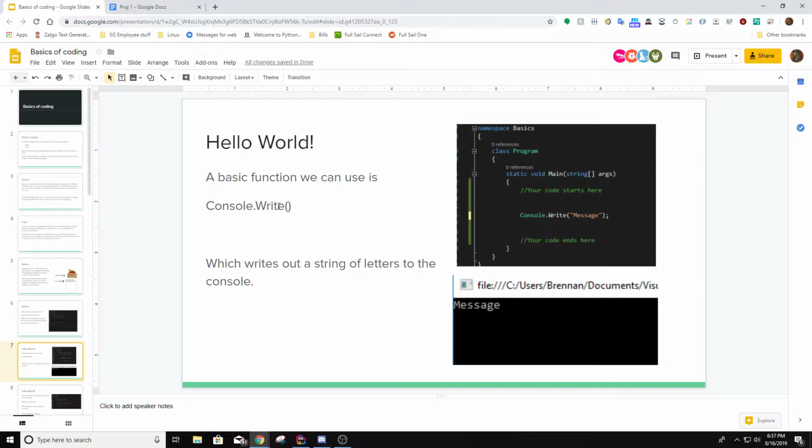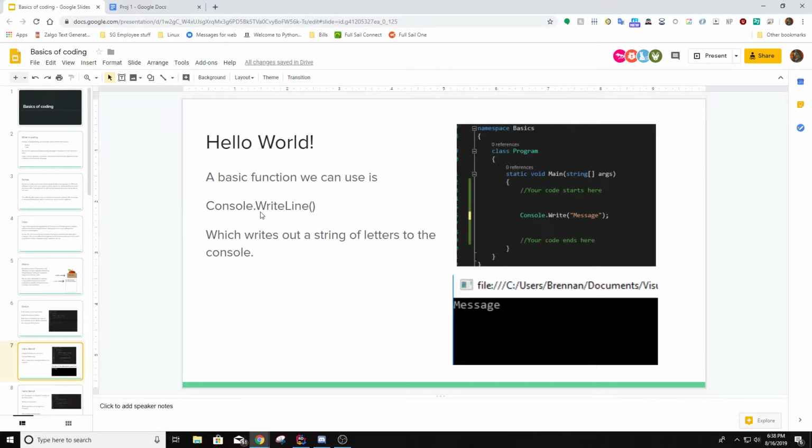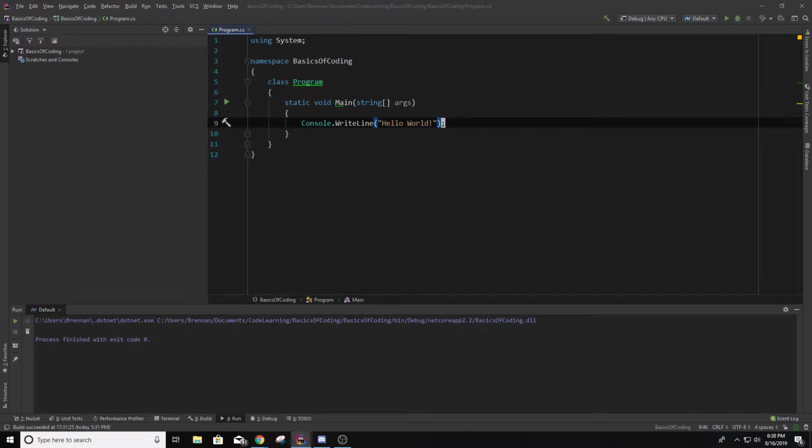So our first function. For those of you who have ever taken a class before, you've probably seen this immediately. Console.Write, and actually, we're going to do something pretty close to the same thing, but WriteLine helps a little bit with what we want to do later on. So, WriteLine will write a string of letters out to the console, specifically the string of letters that we give it. If I write hello world and I run it,